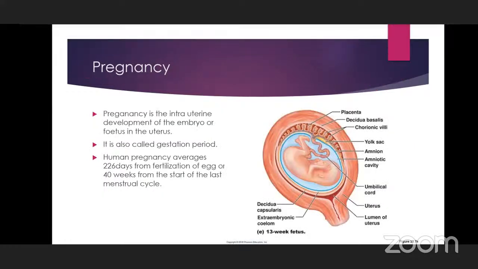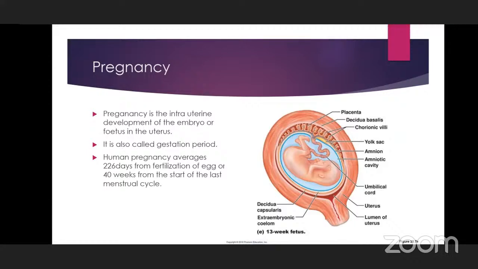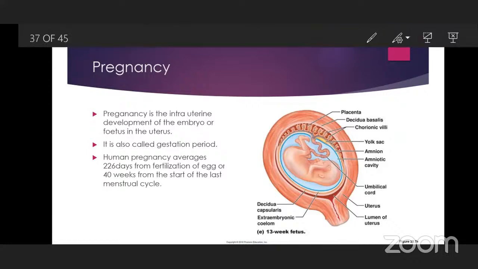That pregnancy will start as soon as the embryo is embedded in the uterus. So it will be also called gestation period, which in human pregnancy is about 26 days from